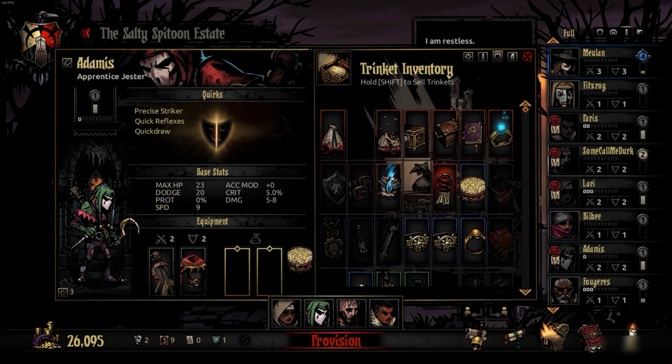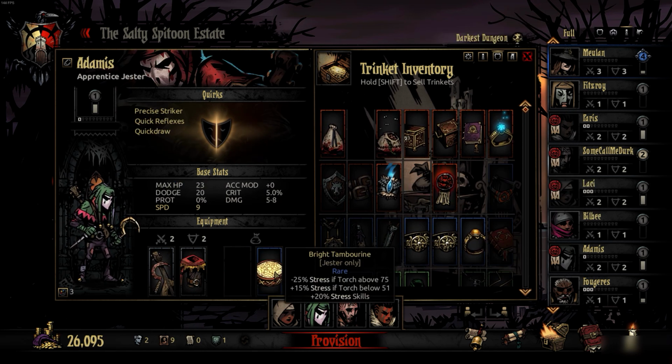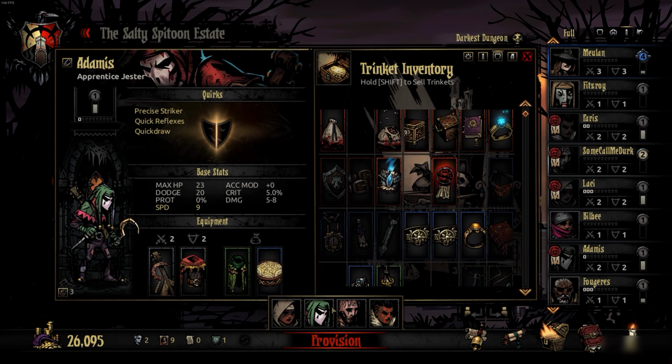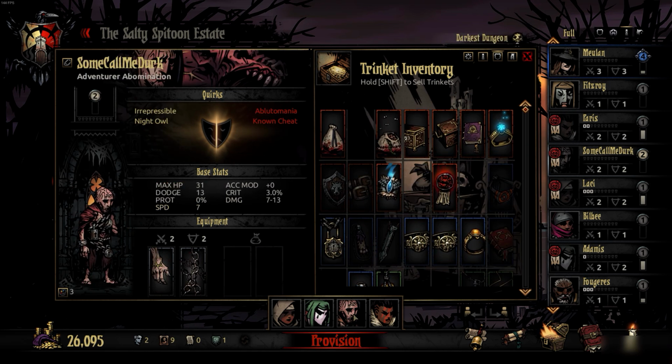Adamis, our Bright Tambourine. I went over this item before. It gives negative 25% stress to the Jester if the torch is above 75, which ideally it will be most of the time, and 20% bonus to his stress skills. That's amazing. That's really, really strong. It means he doesn't need to cast his stress skills on himself as much, and when he casts them on other people, they're more powerful. Really good item. He's also going to be taking the Camouflage Cloak, just for that bonus dodge, and our Abomination is going to be taking...